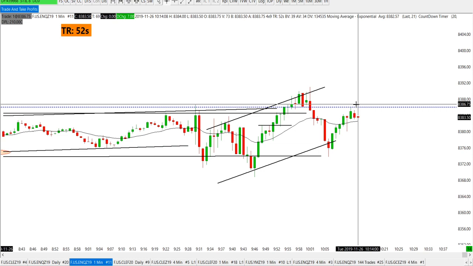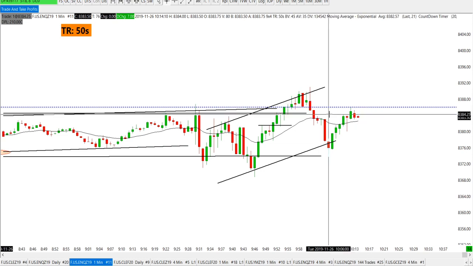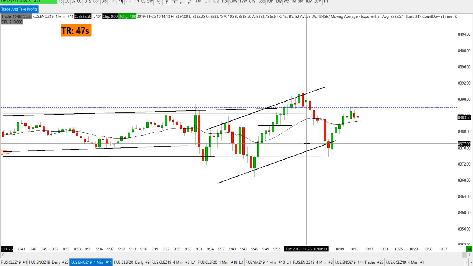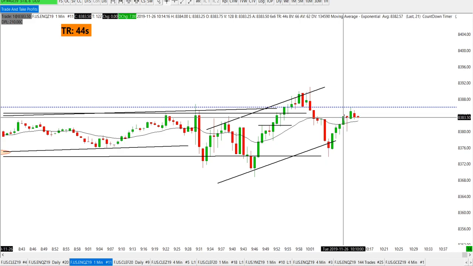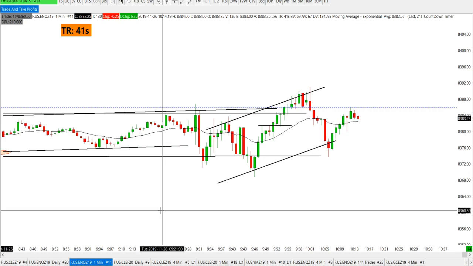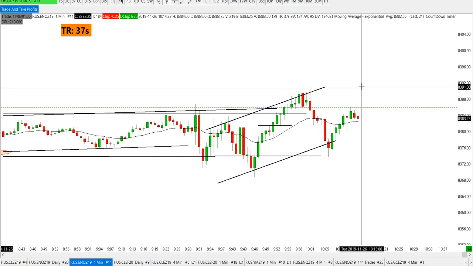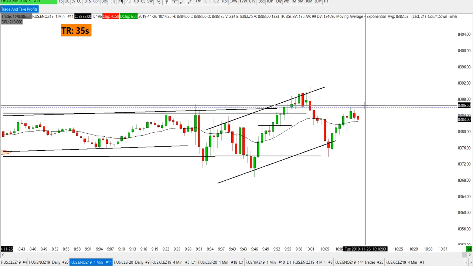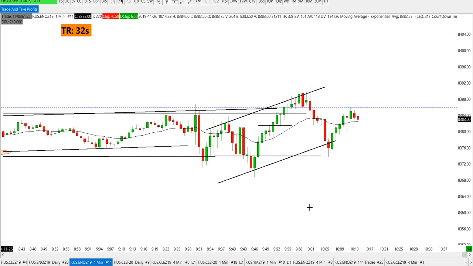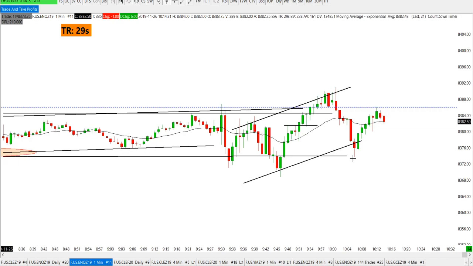Now I can be aggressive and buy the high of this. I don't want to be that aggressive yet, because it's a strong possibility we can actually pull back a little bit more. I'm hoping we can do that. But the aggressive buy would be to buy if it continues to go up. I don't want to do that yet. All right, so we definitely getting a pullback, so we'll see.